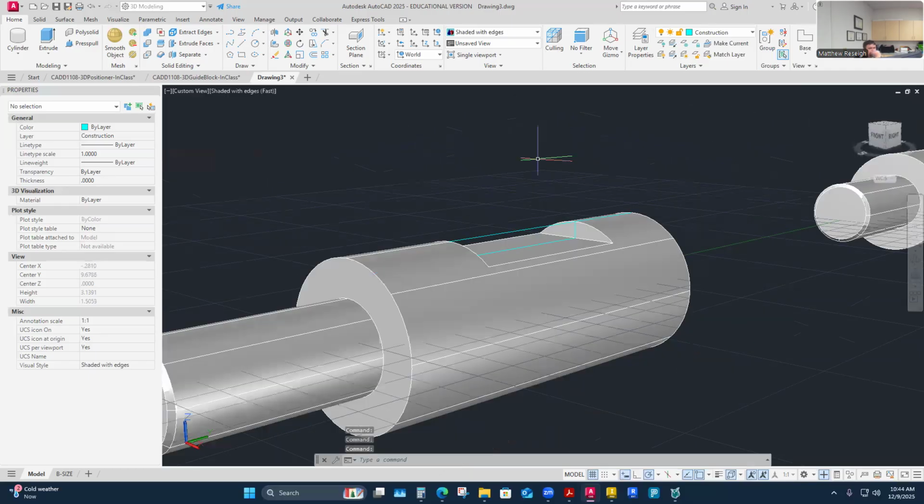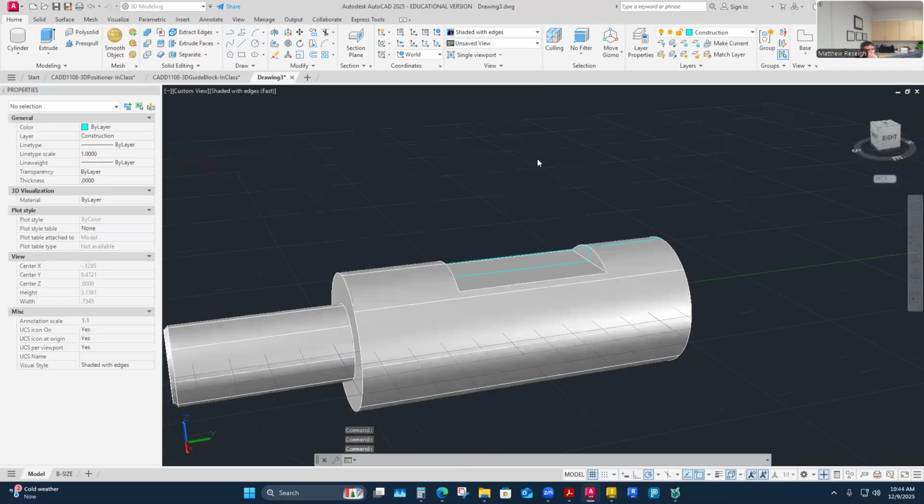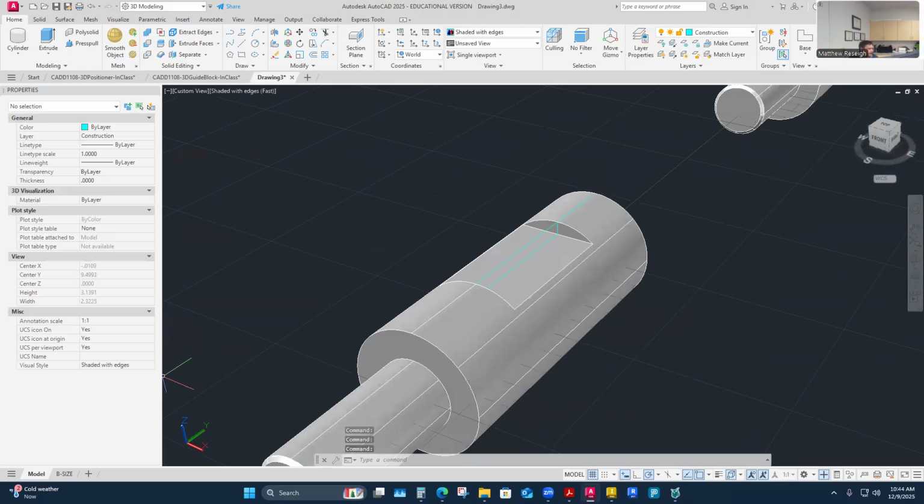Yeah. Question. When we go to dimensioning, are we going to want the width of